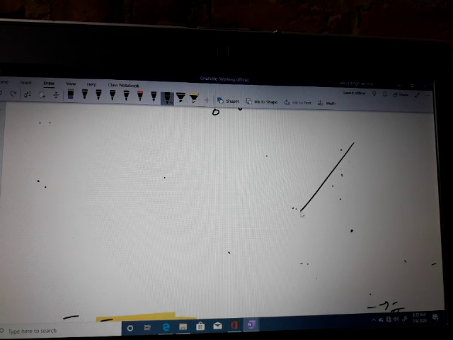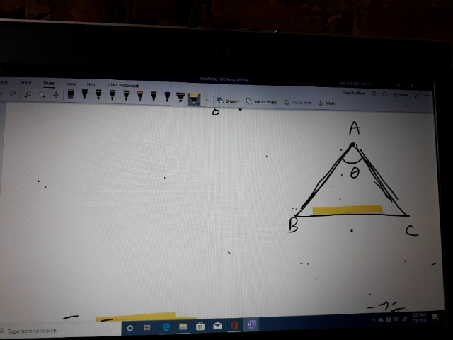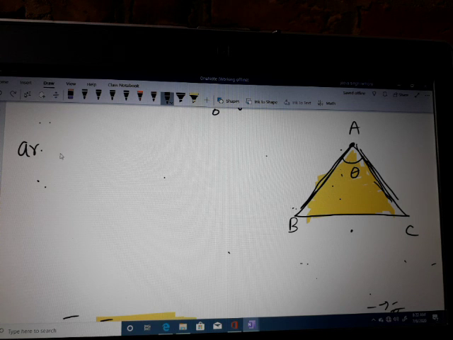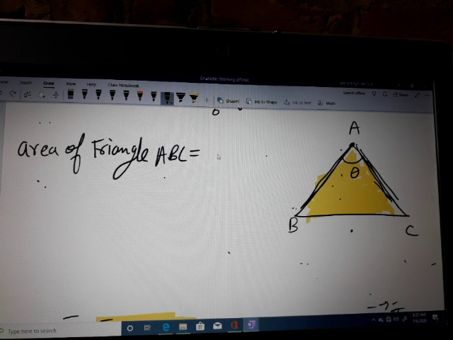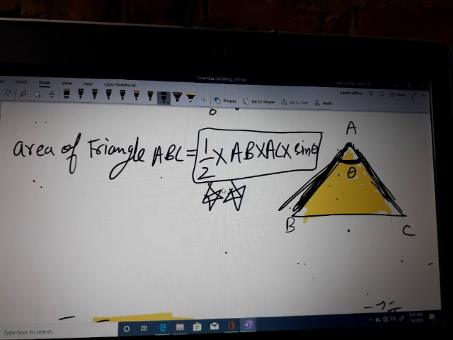इसका मतलब आपने एक रिज़ल्ट ड्राइव किया कि कोई भी ट्रायंगल, मान लो ABC, और इनके बीच का एंगल थीटा दे रखा है, तो एरिया ऑफ दिस ट्रायंगल निकालना है। यहाँ पे एंगल थीटा बन रहा है, ये लेंथ AB और ये लेंथ AC। कंपटीशन में भी आप याद रखिए, एरिया ऑफ ट्रायंगल ABC = 1/2 इंटू AB इंटू AC इंटू साइन थीटा, यानी दोनों साइड्स का मल्टीप्लाई और उनके बीच के एंगल का साइन। This formula is very, very important, please note down for competitions. Okay, let's start the questions.